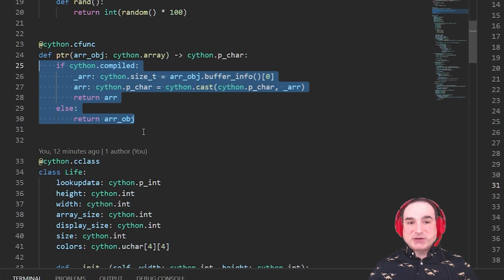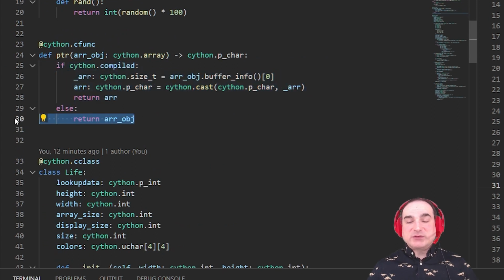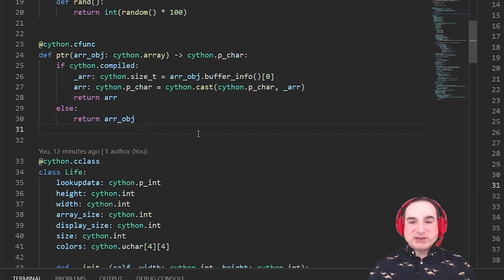If we are in compiled mode, all the non-compiled code branches will be automatically removed, so there's no performance impact when we compile to C. If we're still running in regular Python mode, the total impact for this amounts to a single if test. Now, you will want to avoid putting such tests in tight loops to avoid unnecessarily slowing down non-compiled code paths, but for the most part, this has very little impact.